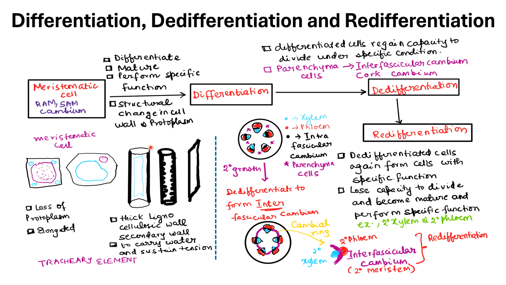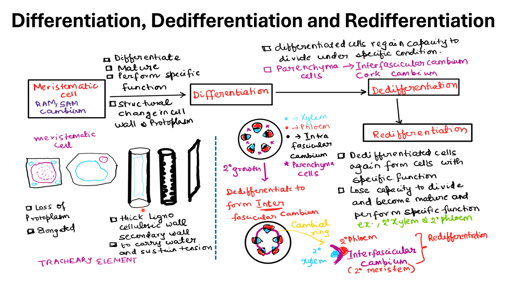The cell becomes elongated, and the protoplasm is lost. There is loss of protoplasm. Why? Because it is designed to carry the water, and the water, as it moves from the soil to the plants, will have a very high water tension. So in order to sustain that tension, the walls of the trachea element should be very thick. That is why the meristematic cells lose their protoplasm, change their structure, that is, they